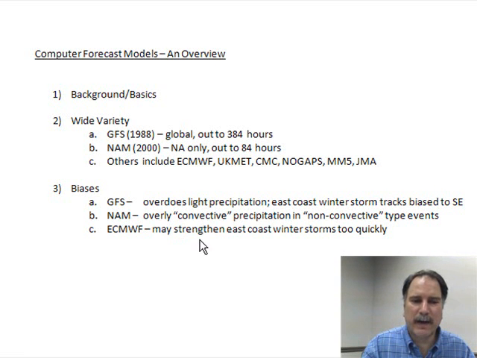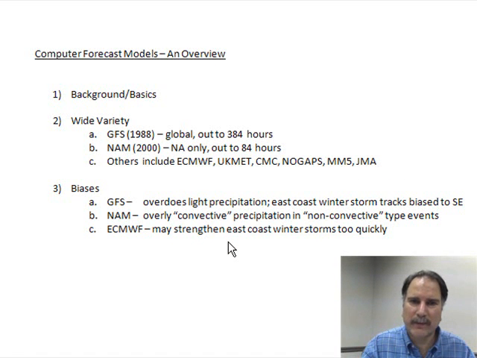The European model has often been cited for developing East Coast winter storms just too quickly. It bombs those storms out a little too quickly along the Mid-Atlantic coast, for example, compared to what actually occurs in reality. So again, the job of forecasters is to learn the biases of these particular models,